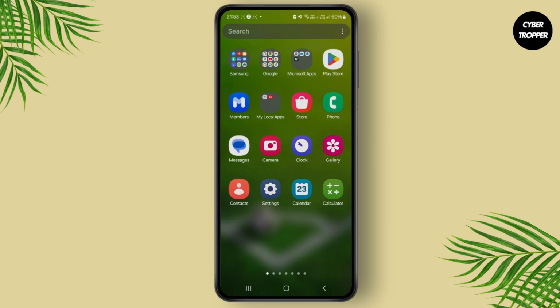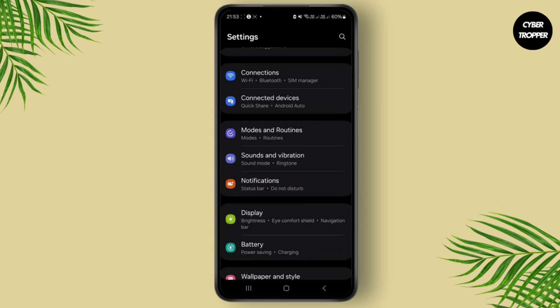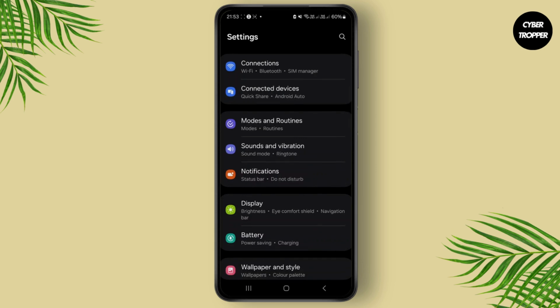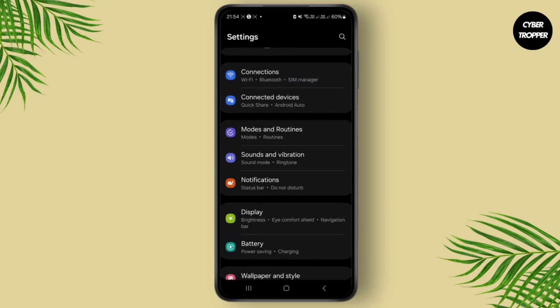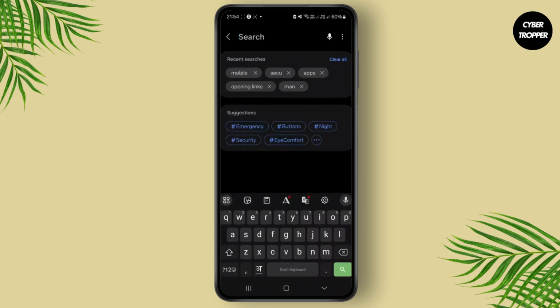In this video I'll be showing you how to turn off your data saver on Android. So first thing, simply head over to your settings, and once you're inside your settings, if you are using Samsung devices, it might be under the connection section. So simply tap on connection, or you can alternatively head over to your search and simply search for